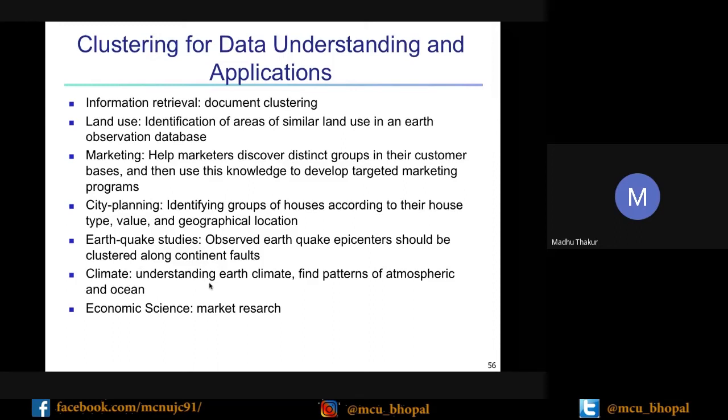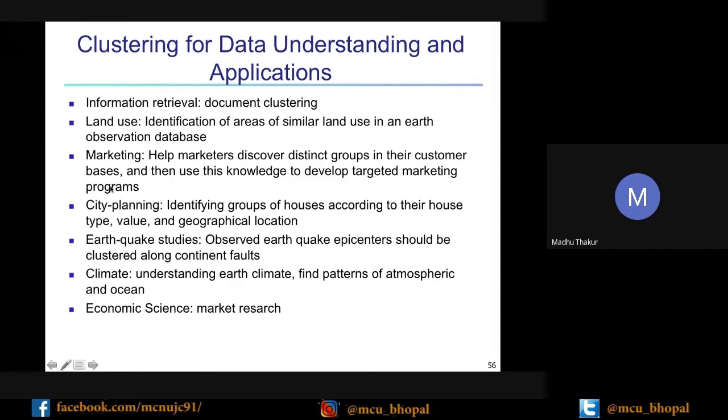Like when mobile companies plan to launch a recharge scheme for your phone, accordingly, based on the income of the people, they make clusters. Accordingly they call you and inform you about new policies.